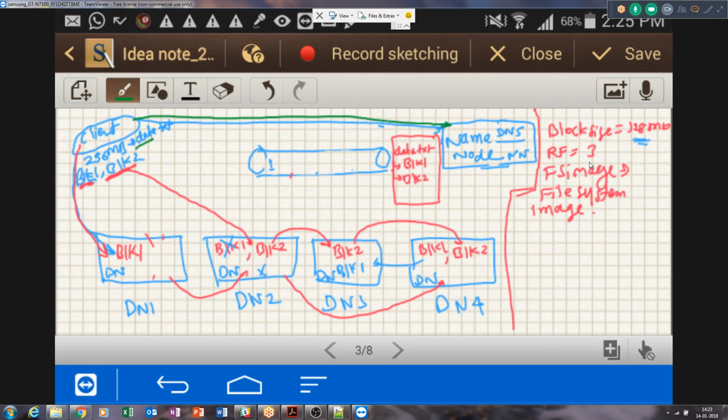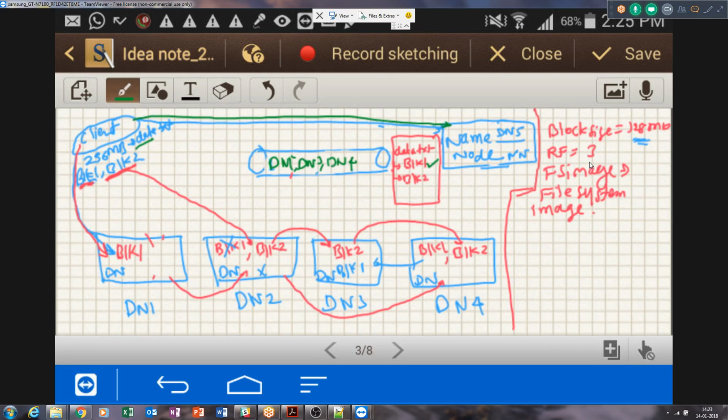Now it will scan its FS image and find that data.txt has 2 blocks, block 1 and block 2. It means that block 1 and block 2 data needs to be sent to the client. So for block 1, it will again create a pipeline and provide the data nodes, let's say data node 1, data node 3, and data node 4, because they hold the copies of block 1.